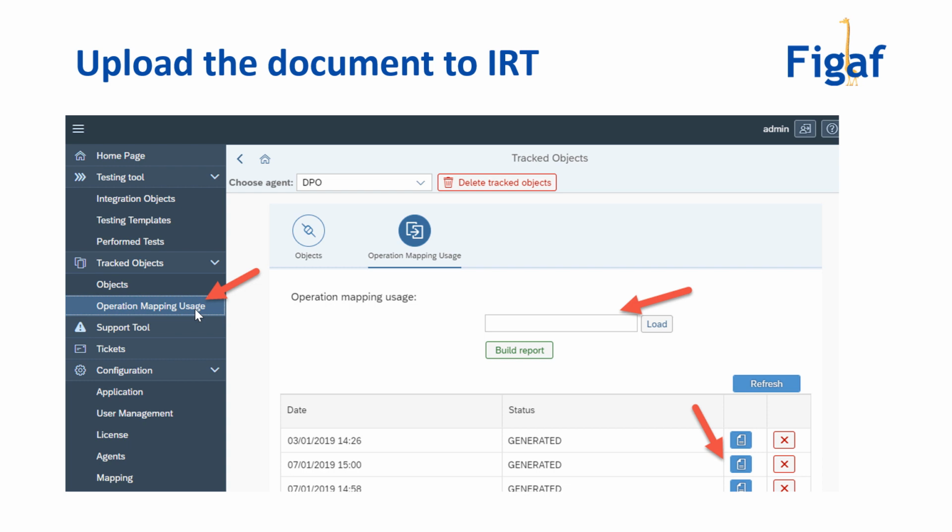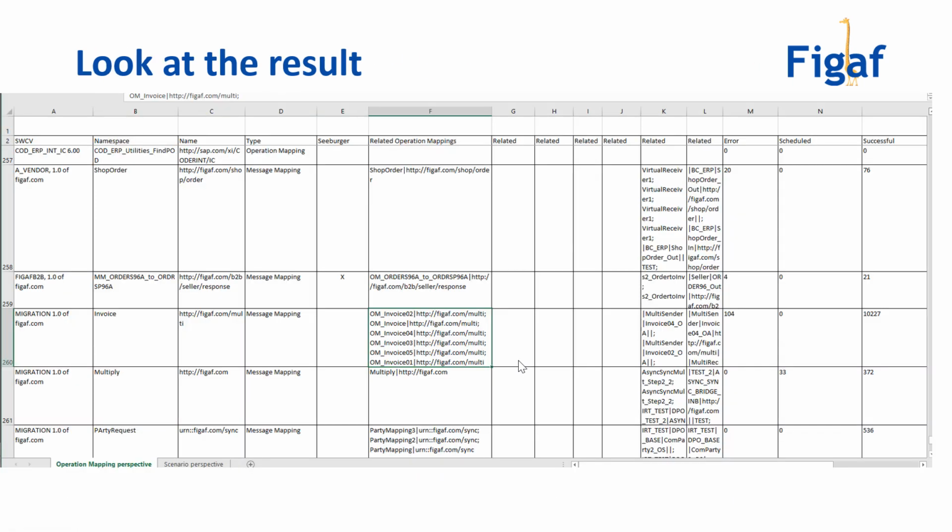And then the magic happens, and this is where you upload this into the Figaf IRT tool. So you select that I want to do this on my PI system you have connected, upload this Excel report, and then it will go through this list and create an Excel report that looks like this,